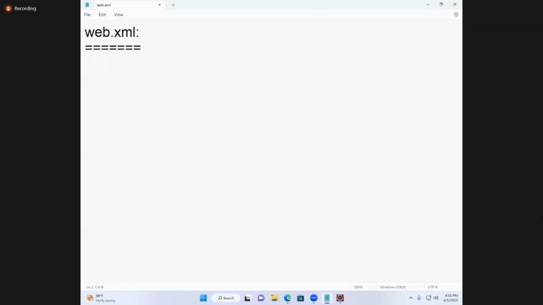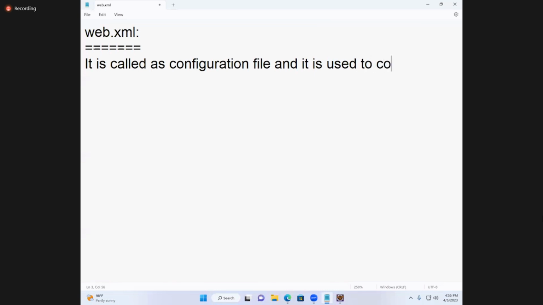It is called a configuration file, and it is used to configure servlets, listeners, filters,